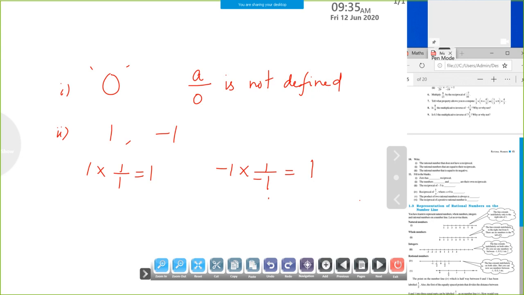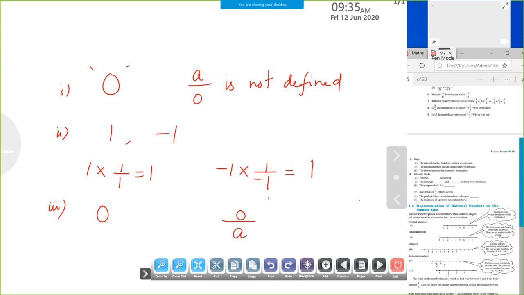Now, the rational number that is equal to its negative. Which rational number is equal to its negative? Can you say 1 is equal to its negative, minus 1? No. So you cannot say that for any number. The only number whose negative is equal to itself is 0. 0 is a rational number. Some of you may have a doubt whether 0 is a rational number. Yes, 0 is a rational number because 0 can be written as 0 by any number.